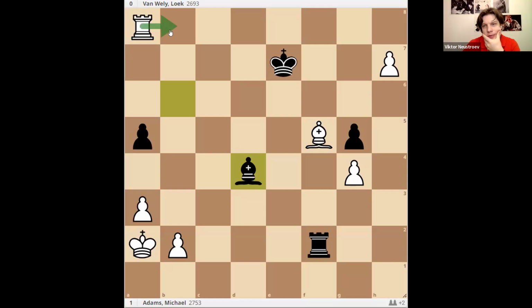Well, rook b8 is interesting, I agree. Rook b8, let's say they play rook h2. How do we win then? If you have any other suggestions, you're welcome to message me and tell, or you can unmute yourself and tell me what you think.